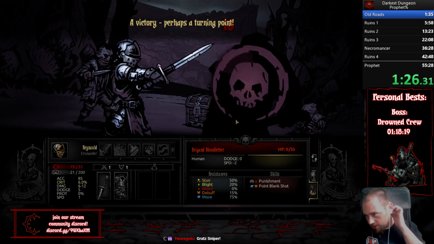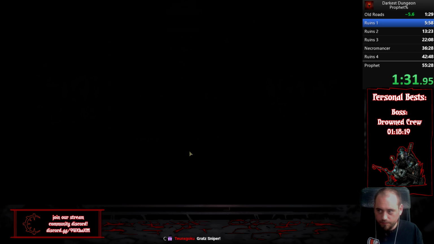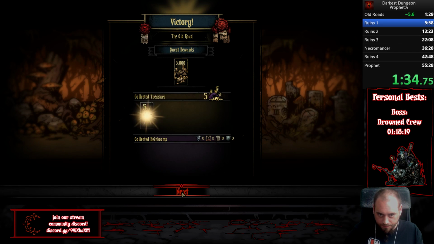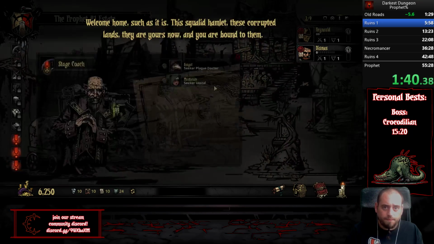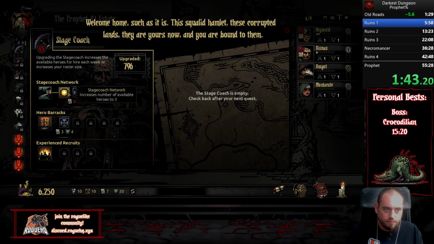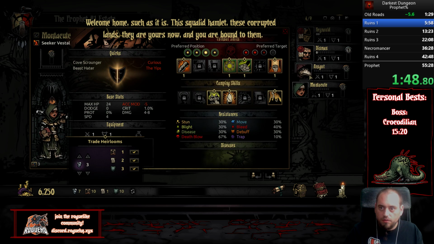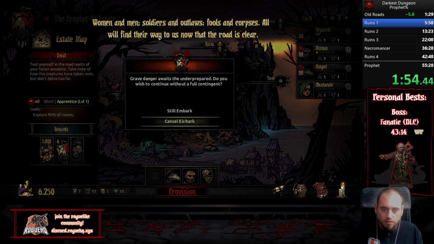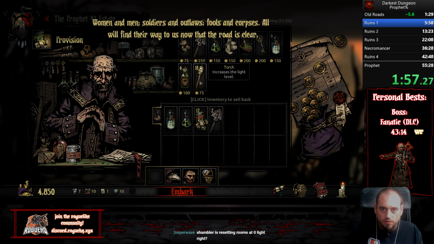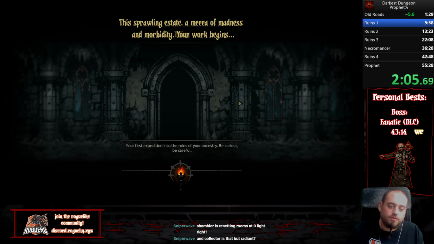Hello. A victory. Perhaps the turning point. Alright. Average Old Road. No bad quirks though. Welcome home, such as it is. This squalid hamlet, these corrupted lands, they are yours now, and you are bound to them. I guess. Women and men, soldiers and outlaws, fools and corpses. All will find their way to us now that the road is...